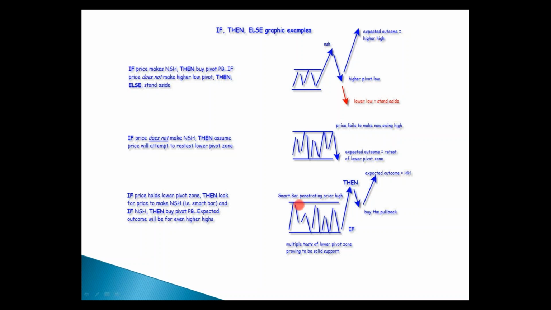So here's your higher level resistance, multiple tests of the lower level, solidifying the expectation for support. Price then, if it holds this lower level and then takes out the higher level, that becomes our first sign of strength. Do we take a breakout trade? That is a higher risk trade to take a breakout because, again, look at scenario 2 here,